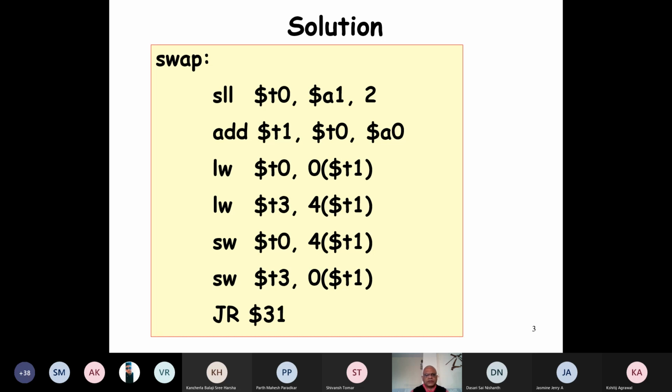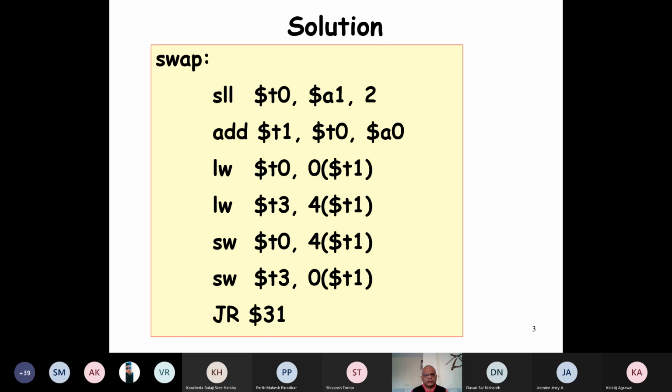Now let's proceed. We have first got the address of the kth element, and then we load that element. T1 is the address of the kth element, and we load the kth element into the T0 register. We don't need the earlier contents of T0 anymore, so we have reused the T0 register and loaded the element at K there.